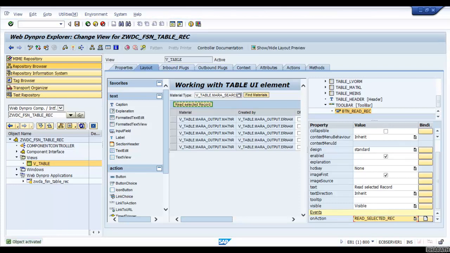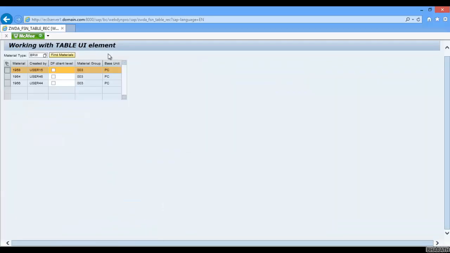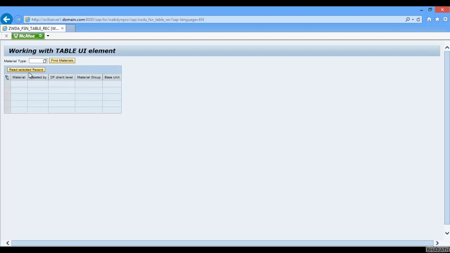Okay, now just go to the WebDynpro application and press refresh. Now you see the read selected record button has come on the table toolbar. Okay, now